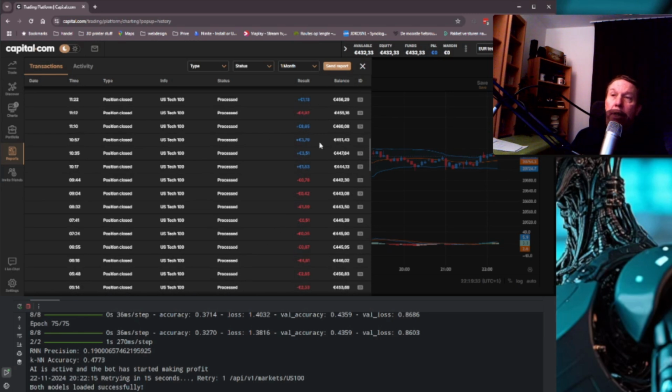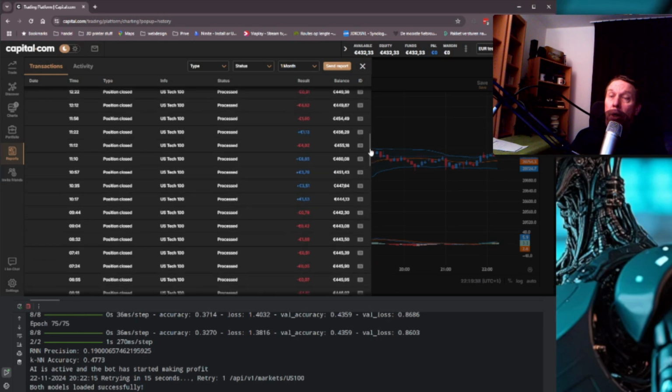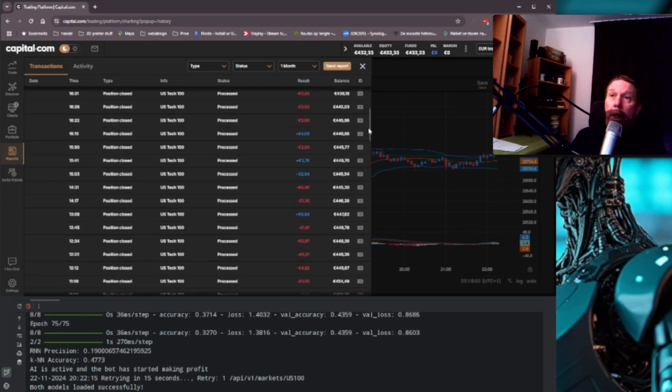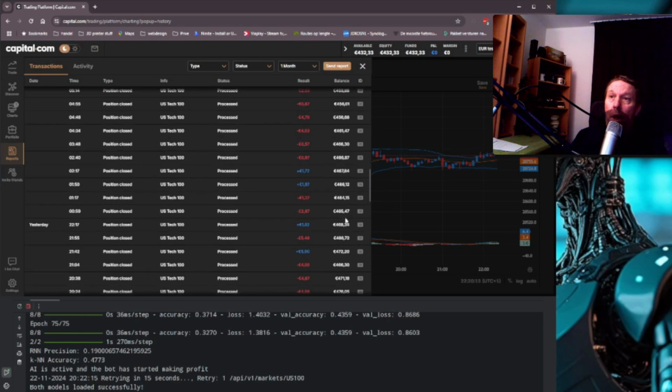So around 10 this morning I saw, okay, we're doing something, and we were at a certain point again at 460 after a take profit. So we were going rather well, but then it went down the drain, and I only saw one stop loss after the other, and then I killed the bot around 6. Around this time, I think it has no use. We were down to 434 euros again, and we started this day with